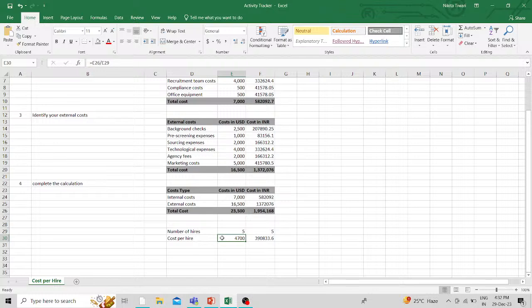right? So you can decide here whether it is a benefit when you hire an employee or a loss for your company. So basically if you have hired 5 actuarial employees in January, then operating above the industry average is acceptable. If for example you are recruiting for a less specialized job, then perhaps you want to review your process on how to reduce your cost per hire, right? But if you want to hire high skilled employees, then you have to set your cost accordingly,